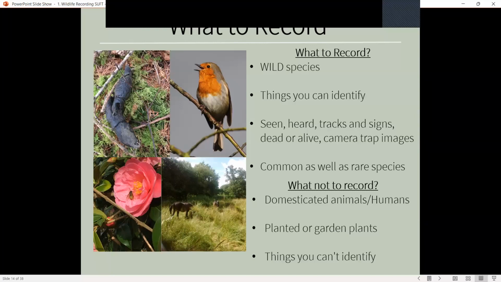And just a few things there not to record, like ponies that are grazing. Humans, you can use the apps and online to record Homo sapiens if you want, but we don't really want to know where humans are living. And in your garden as well, wild plants, so things that might have started growing there naturally, for example, dandelions,